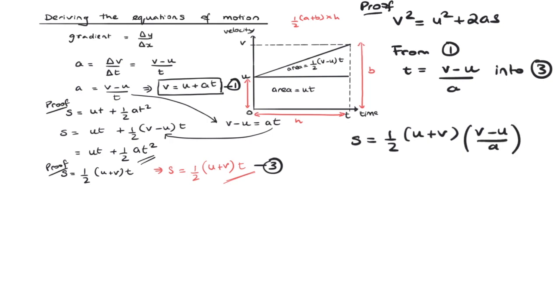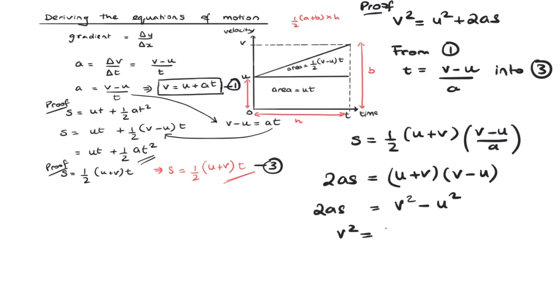Okay, now let's simplify this as much as possible. So I'm going to multiply both sides by 2 and a. Alright, so 2as. Okay, and then I'm going to have (u plus v) and (v minus u). And if I expand the brackets, I'm going to end up with a difference of two squares over here, right? Which is v squared minus u squared. Okay, and there you have it. You have v squared equals, if you add u squared to both sides, you are going to end up with